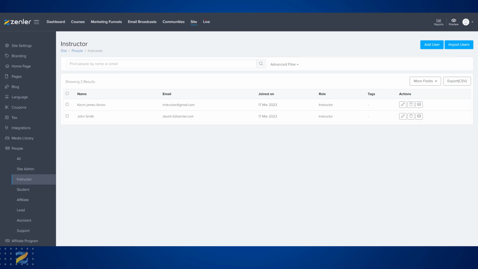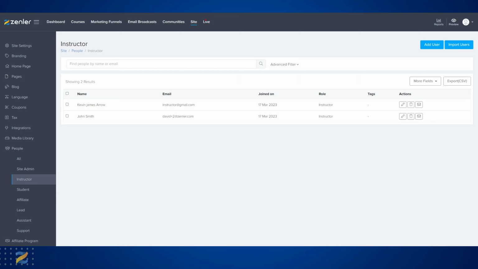the site settings. They cannot go into integrations. They cannot change the Zenler plan. They cannot do course purchases because they're already in there. They cannot change the API key. They cannot do community management. They cannot touch the partner program, and they can't enter different subsites that you've set up if you're on the